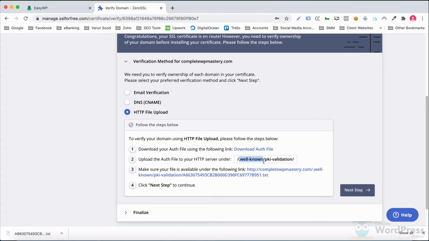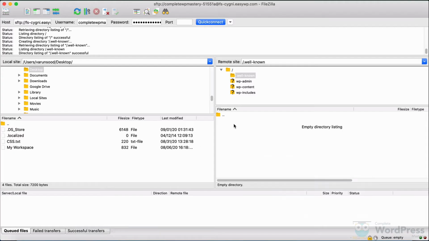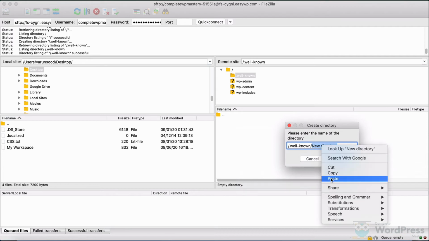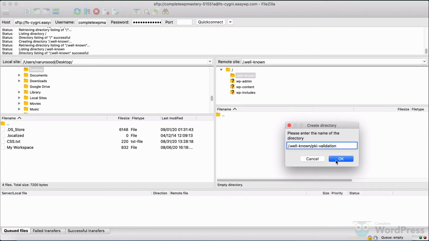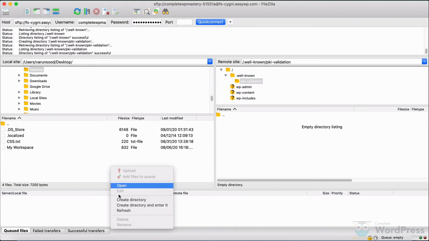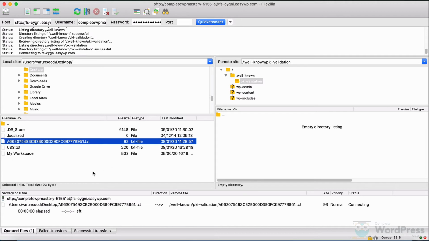And then let's create the second directory called pki-validation inside the first directory. Now we'll upload the auth file to this second directory.